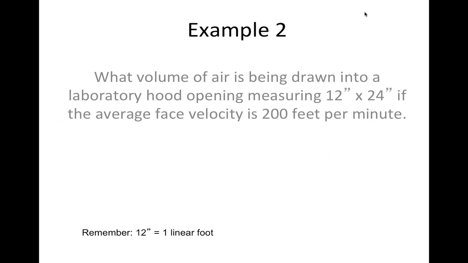If the area were 2 square feet, 100 feet per minute velocity going through 2 square feet would be 200 cubic feet per minute. Simple enough, right? So we're interested in the cross-sectional area of the ductwork and the velocity of air going through it. If you know the quantity and you know the area, you can calculate the velocity that the air is moving through it. We need to know volume because we have to design these systems: how much air, what kind of fan, what kind of air movement we have to produce. We need to know velocity because whatever contaminant we want to remove, we have to capture it, and we do that by using the velocity of air.